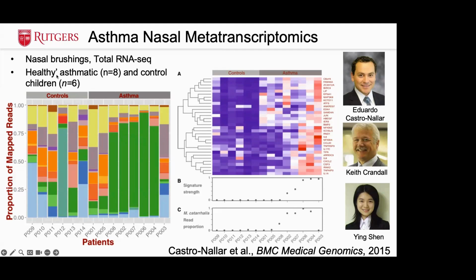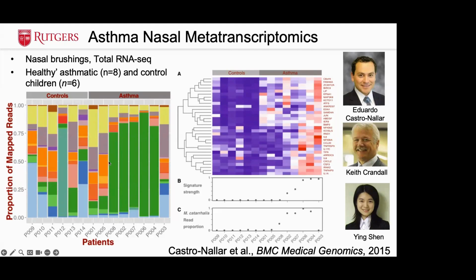But what we did is we took 8 children with asthma, took nasal brushes from them, and looked at their microbiome. Now, we're going to call these healthy asthmatics. These kids are not sick other than the fact that they have asthma. And then we have some emergency room controls. And what we noticed is that in the nose of these asthmatic kids, these are inner city DC kids at Children's Hospital in Washington, DC, which might impact what we're seeing,